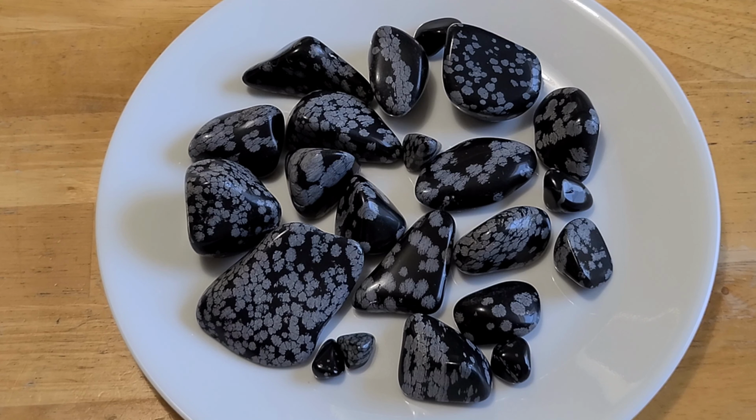About 2.5 million years ago, during the Tertiary period, there was a large amount of volcanic activity in western Utah, in an area that is now known as the Black Rock Desert. And many of these eruptions threw out tremendous amounts of lava, and some of that lava cooled very quickly, becoming volcanic glass or obsidian. Now, this particular variety is rich in a high-temperature crystallized quartz called cristobalite, which creates the